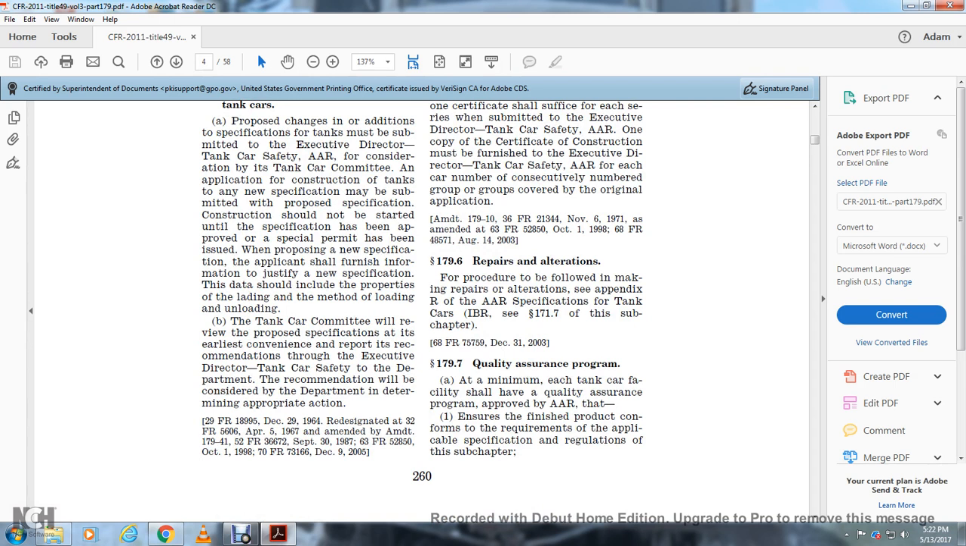179.6 Repairs and alterations. Procedure filed with the making of the repairs and alterations, Appendix R of the AAR Specifications for Tank Cars, IBR in 171.7 of the subchapter. 179.7